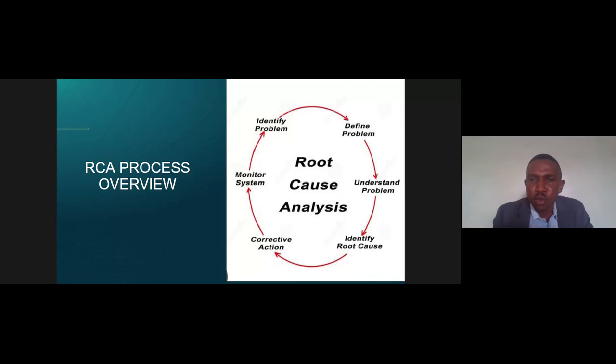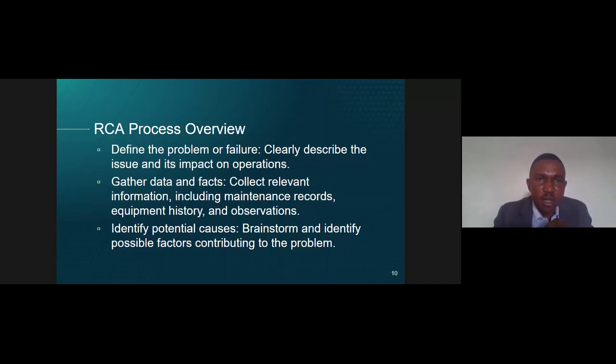And once that corrective action is in place, you monitor your system. You track it to ensure that it's actually working well. And that is where data is very important. If you don't have the data, then it will be very difficult for you to monitor the system. So it's very important that you have a system where you have data so that you can actually monitor it. And if you monitor it and you see that it's not giving you a good result, what do you do? That means there's a problem. You have not defined your problem very well. You have to go back through the cycle again. It's a process, and you go through the cycle again until you get it right.